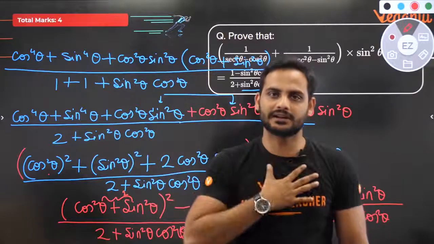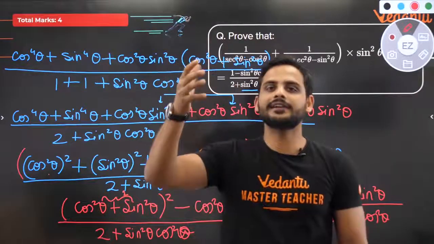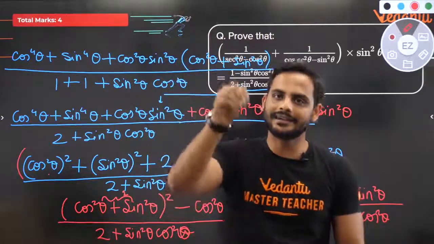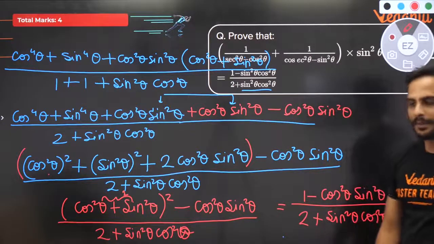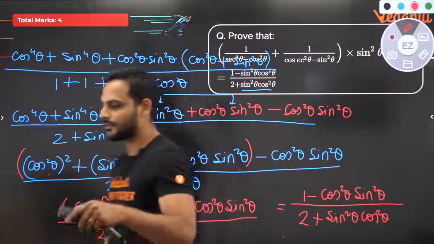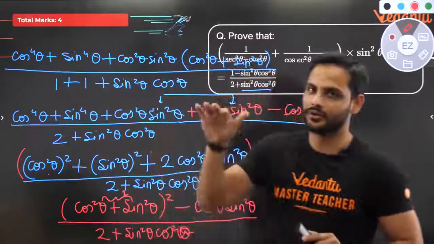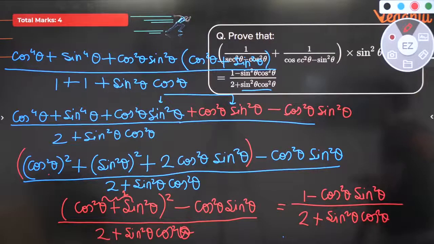Always keep this in mind. For all the questions related to trigonometric identities, start solving it, start simplifying it. Many methods are there. Whatever you want, start doing it. At least somewhere you will reach your answer, as you can see here. I am sure that in between some students must be thinking, sir, enough, please leave it, we can't do this. But look, it was simple algebra and we have got the answer at the end.